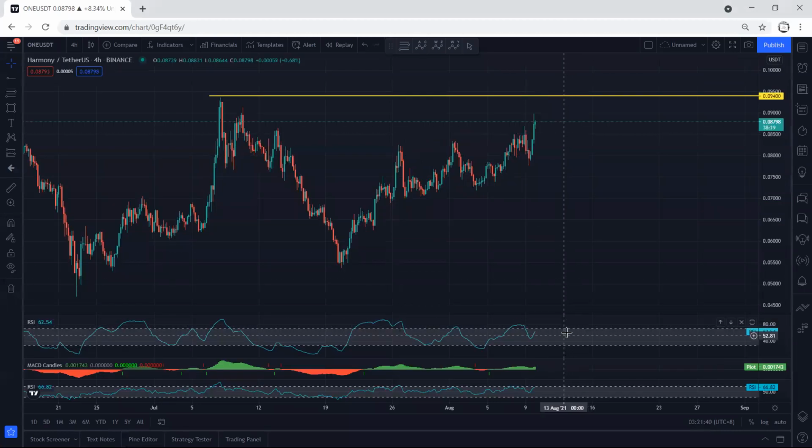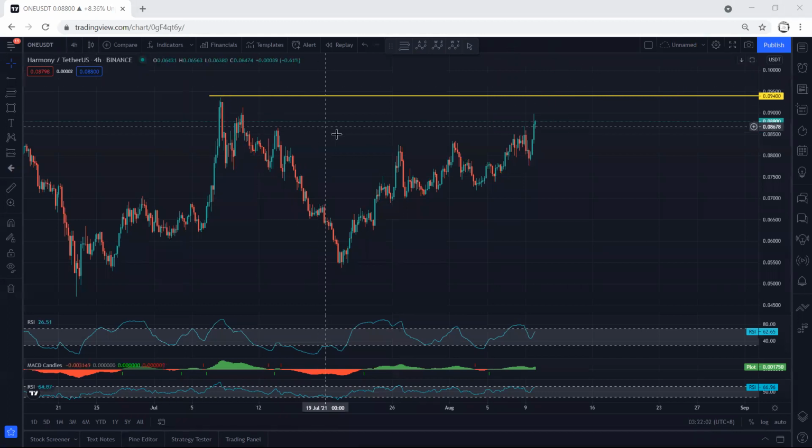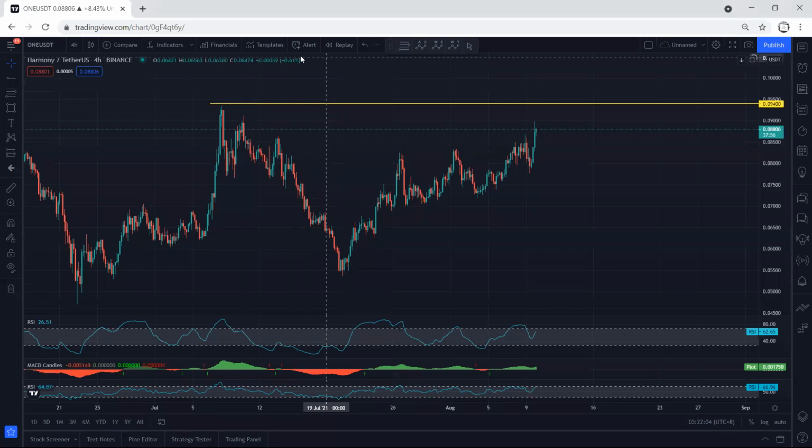That's why we need to be quite careful, because the first thing, as I mentioned, is we need to see the breakout of the previous top. Then from there, we want to see whether we can get ABC or not. Because, as I mentioned, since we have a divergence, and based on the daily chart, we are expecting to get a correction similar to what we have here before we get the continuation. That's why if we want to look for a buy, we need to be really careful. But right now, the only thing I'm looking for is